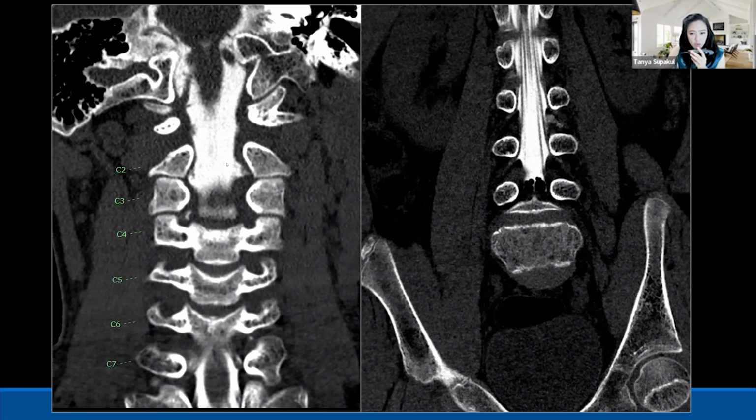coronal image of the cervical spine and lumbar spine. For CT myelogram, we put the contrast in the thecal sac. So on the lumbar spine image, you can see the cauda equina nerve roots that show black signal here. The CSF that has contrast shows bright signal. So there is a small air bubble here related to the lumbar puncture that we did to give the contrast for